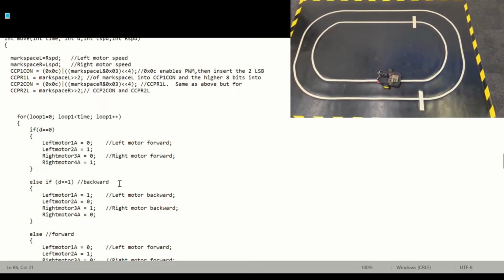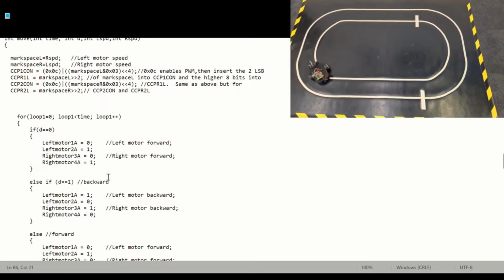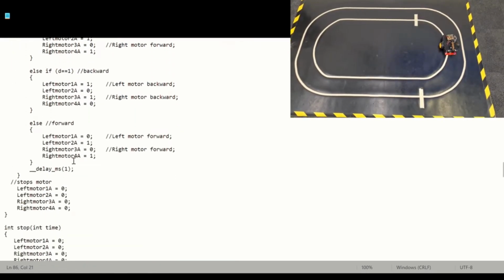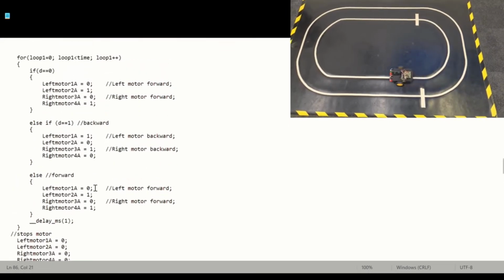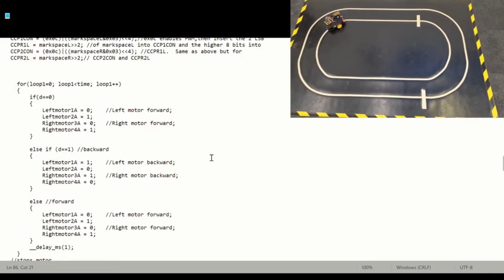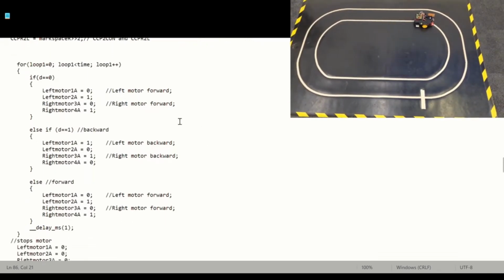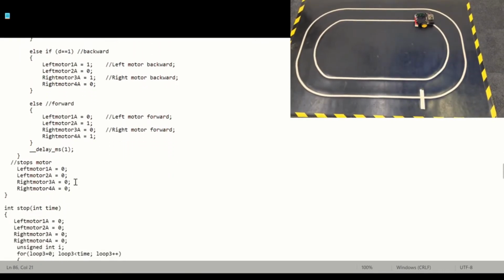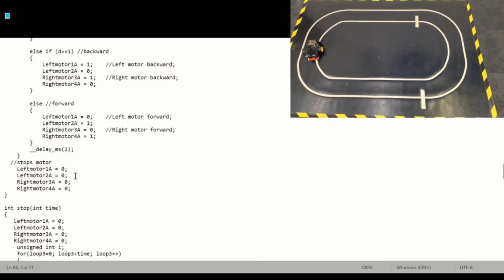Here we have initialized the left and right motors using those 2 bits, 0 and 1. So moving forward and going backward use 0 and 1, and while stopping, all of them will be 0. In this for loop, the loop keeps iterating until it reaches the time we initialized in our function. So it will keep going forward, and when the direction is 0, we stop all the motors. It's just another form of delay,